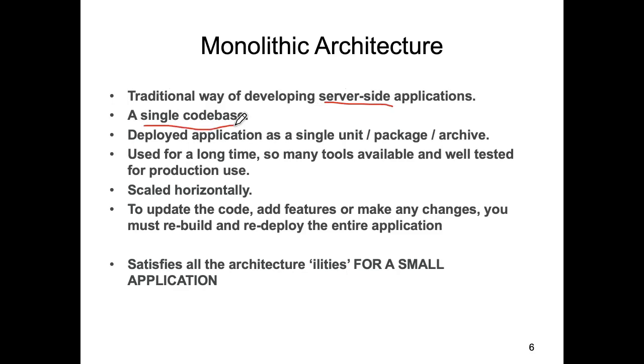So all of the code for the application is contained within, if you like, one GitHub repo. It's deployed as a single unit. So the entire application is deployed as one entity or package or archive, which is not the case, by the way, in the